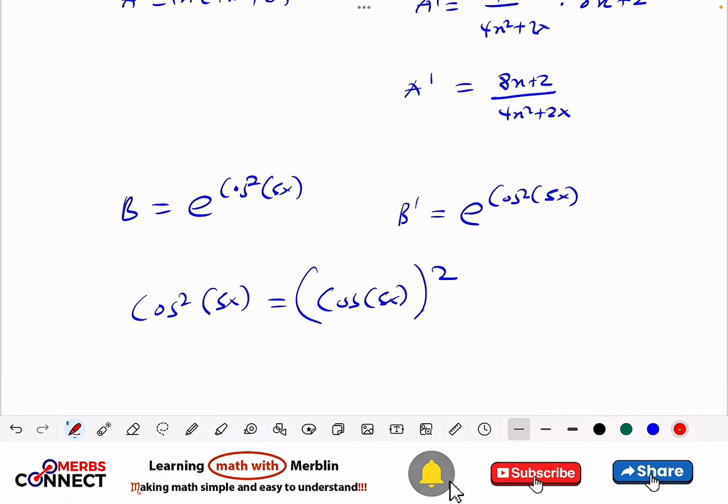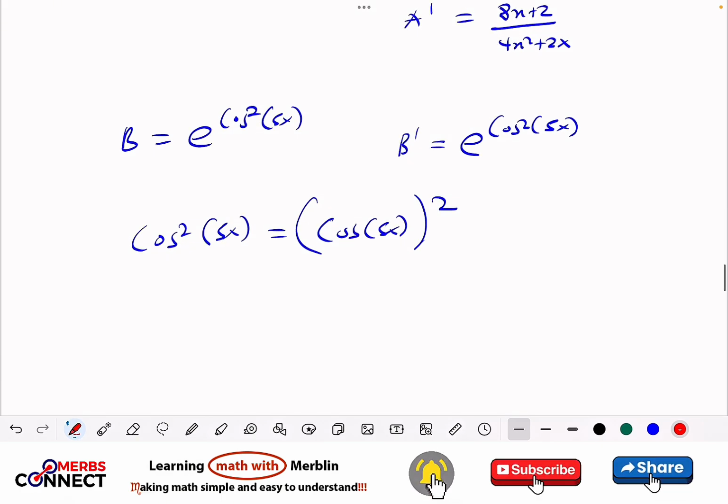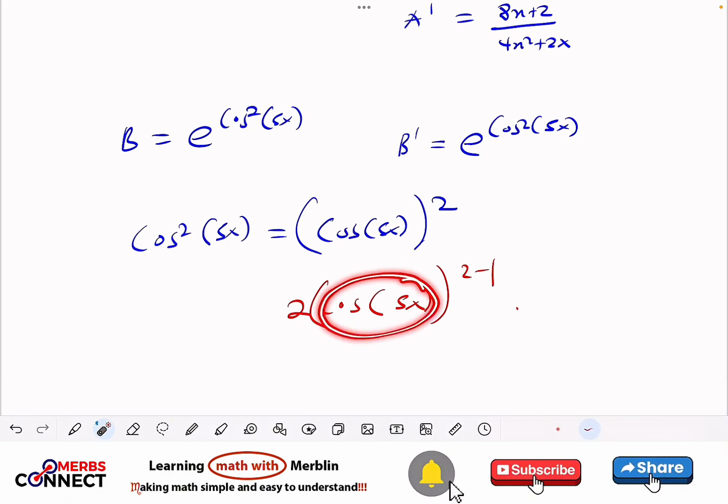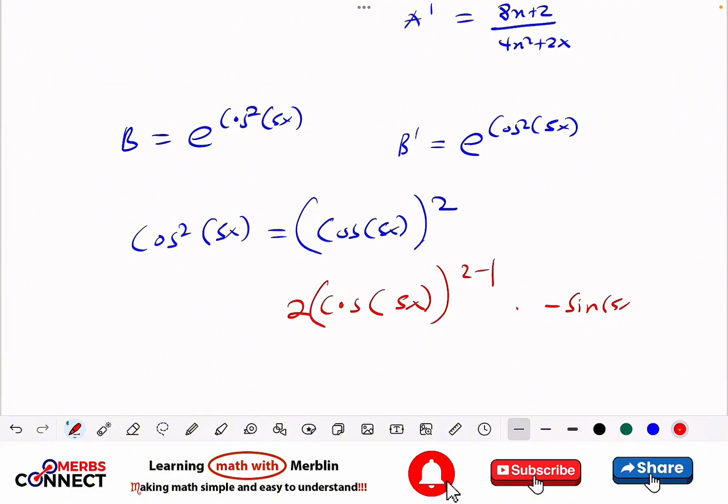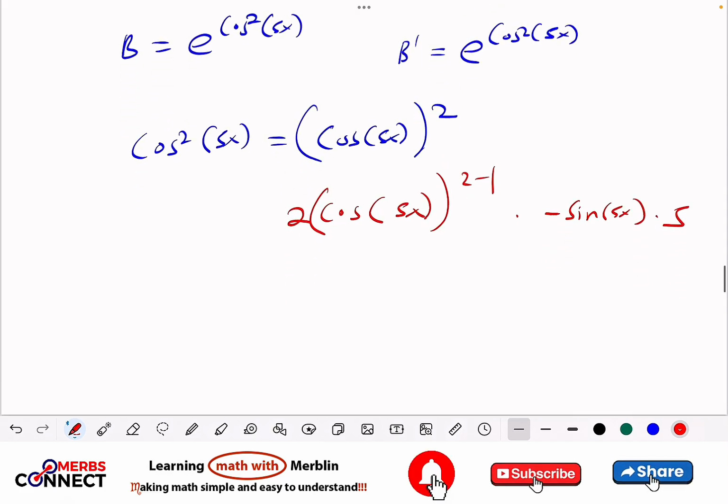So this one we need to apply the chain rule. So this is going to be power rule first, cos 5x to the power 2 minus 1. Then I differentiate what is inside. When I differentiate cos, I'm going to have minus sine 5x. Then I need to differentiate what is inside again, and this is going to give us 5. So this is going to give us minus 10